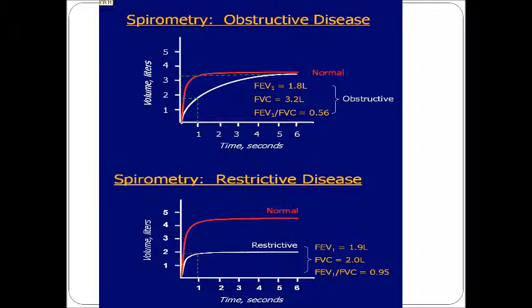Now in computerized spirometry, we are able to obtain this type of graph, and by watching the shape of the graphs we may come to a conclusion whether it is obstructive or restrictive disease. You can see this graph is also based on those three tools: FEV1, FVC, and the FEV1 to FVC ratio. You can see the ratio is 0.56 in obstructive lung disease, while it is more or less normal, 0.95, in restrictive lung disease.